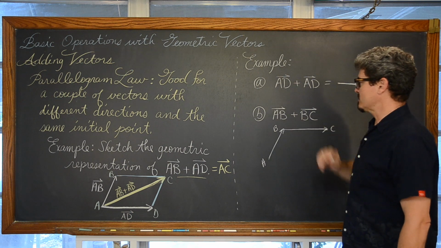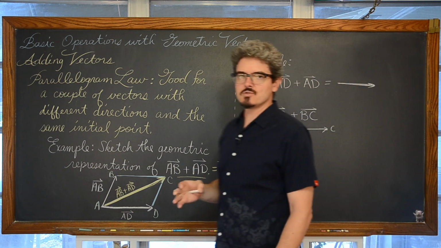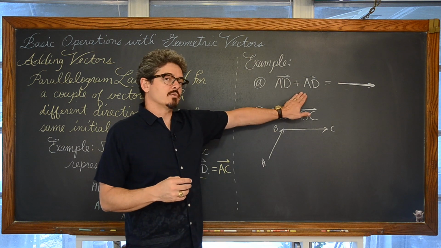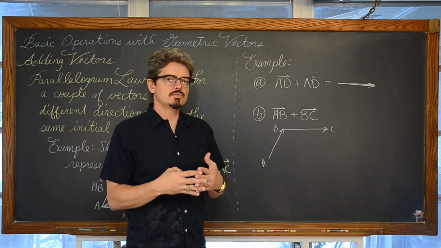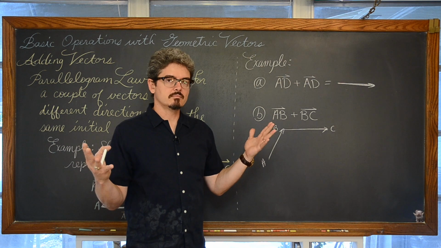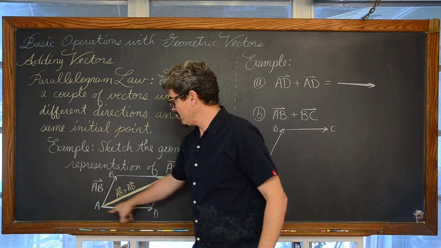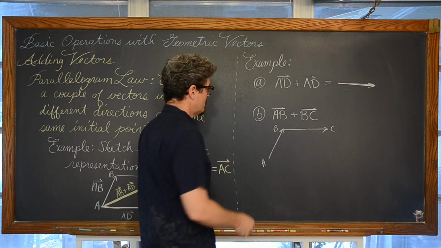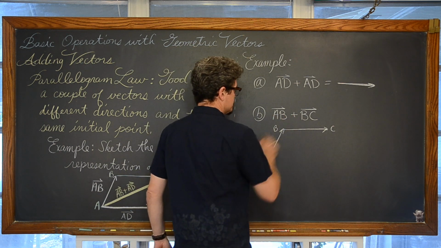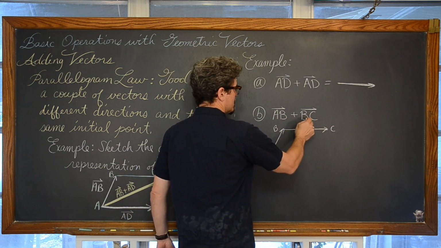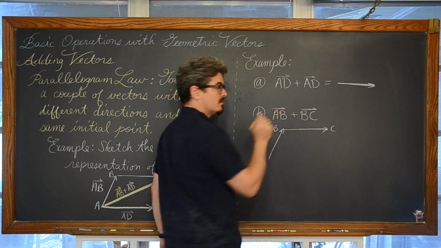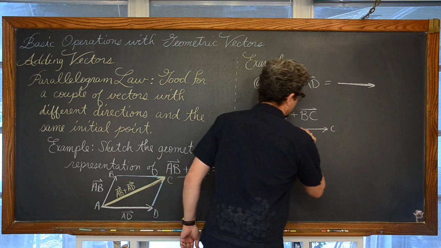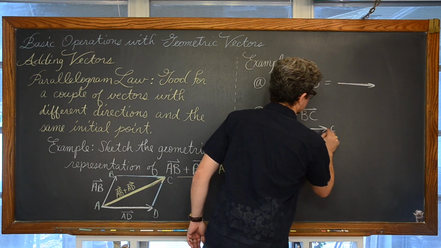When you have a couple of vectors that do not share the same initial point or do not go in different directions, you're not able to set up a parallelogram and then just draw through the diagonals. No, you go, okay, this is the first vector, I'm going to go in this direction. Now the second vector starts where the first vector ended. This initial point is the same as this terminal point. We'll just connect it end to end, the triangular method.